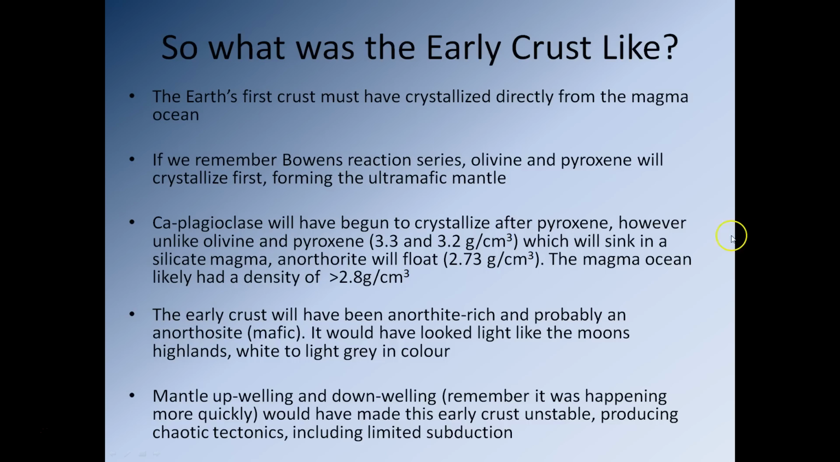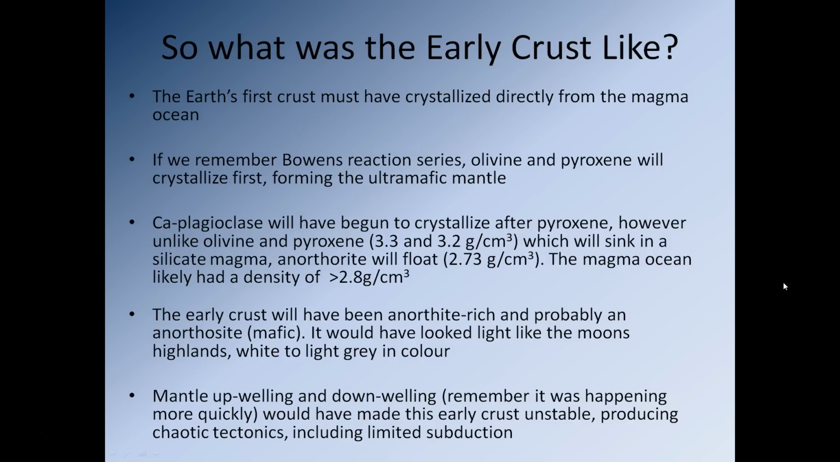Now, in the case of calcium-rich plagioclase feldspar, otherwise known as anorthite, the situation is slightly different. Anorthite has a density of 2.73 grams per centimeter cubed. So it doesn't sink, it floats. So this means that once crystals of this very calcium-rich plagioclase feldspar started forming, they would naturally begin to float